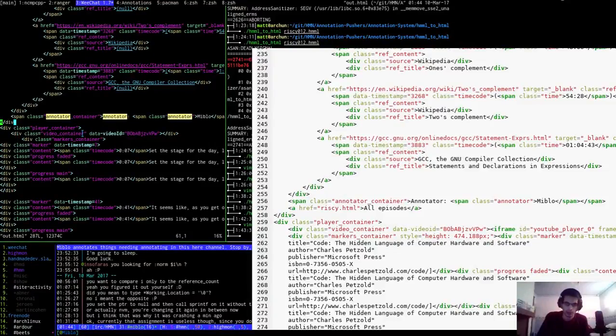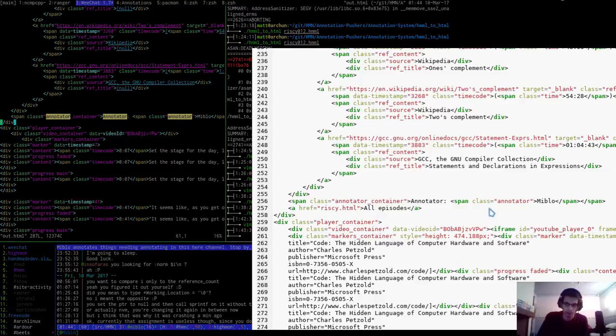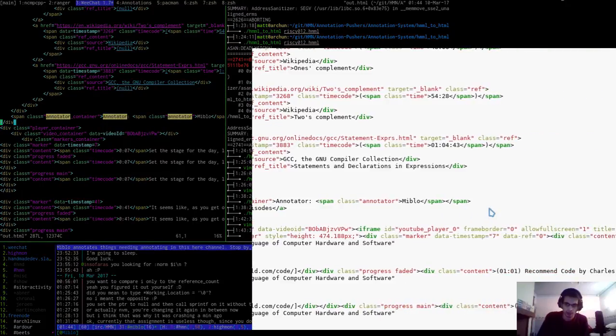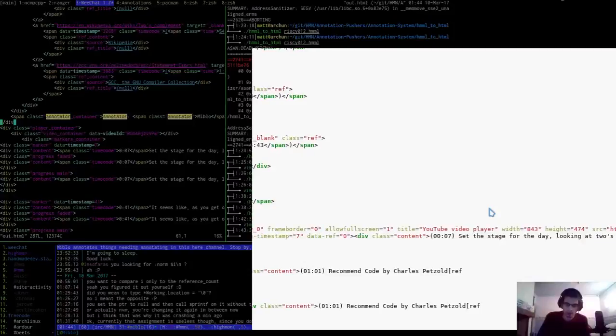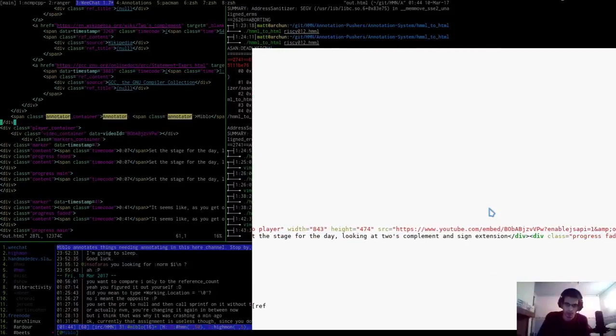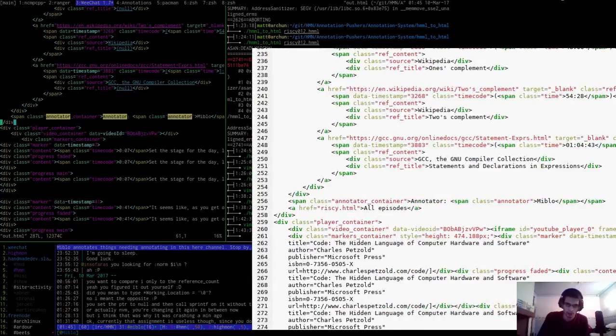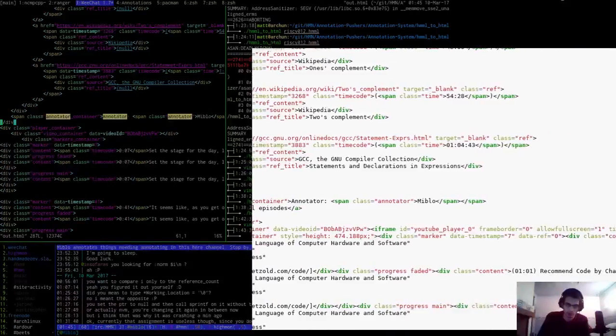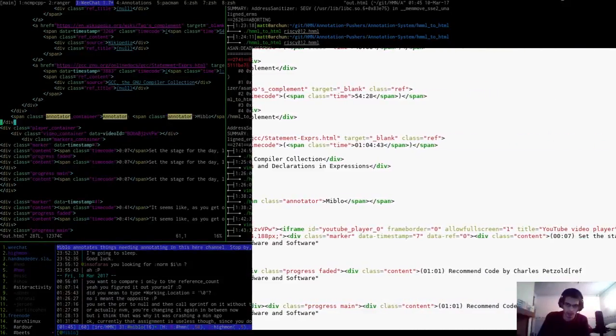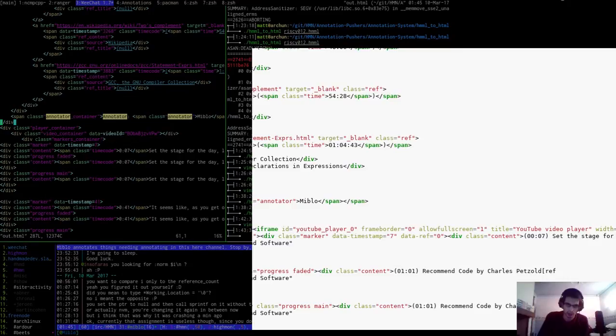We've got a span, a div, and a span. Let's just check that this span closes twice. It does. Then there is the A thing here, and there's a closing div, an opening div on the player container, opening on the video container, video ID. I suppose iframe ID,